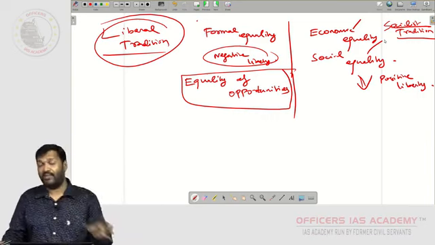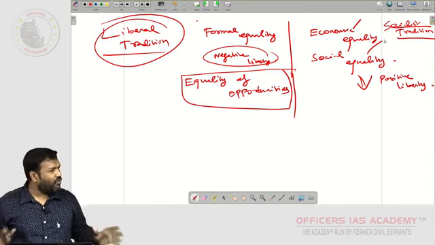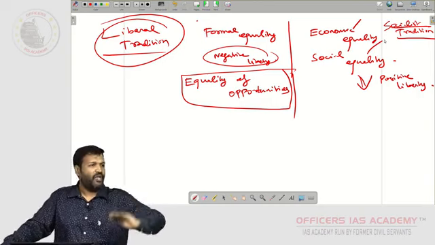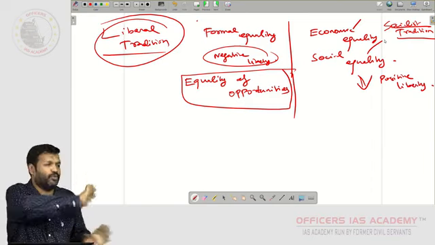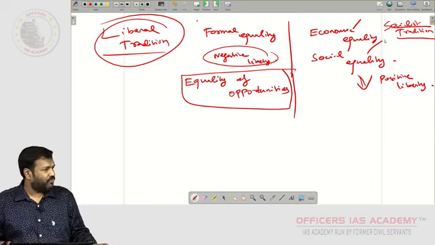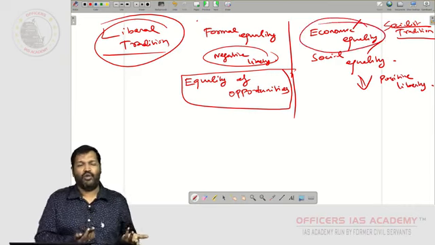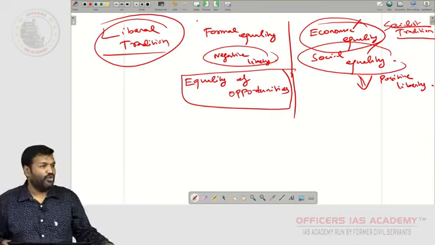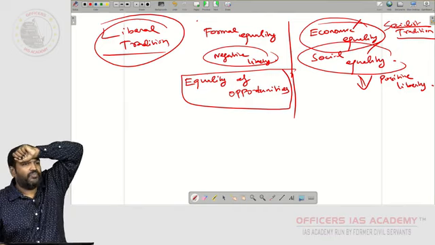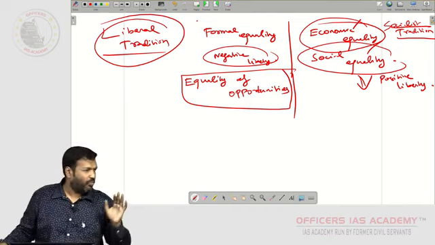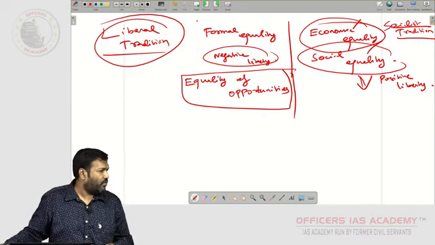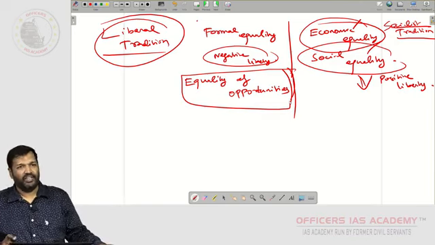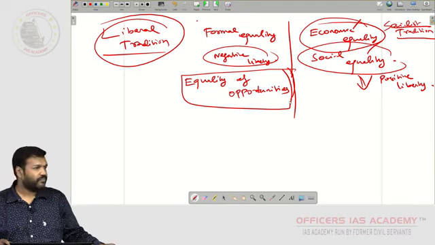Okay, but liberals would say, what is the maximum thing I can do? I can ensure that everything is taking place on par with the law, that everyone gets equal opportunity. That's it. I cannot redistribute to create economic equality. I cannot re-engineer the total society in such a way that social equality comes. That is not my work. Okay. Let the meritorious win. That is the notion of liberal tradition, equality of opportunity, right?